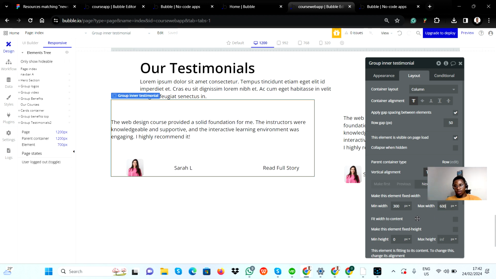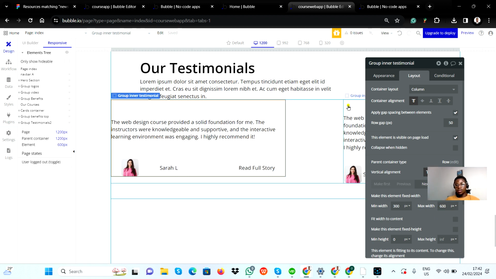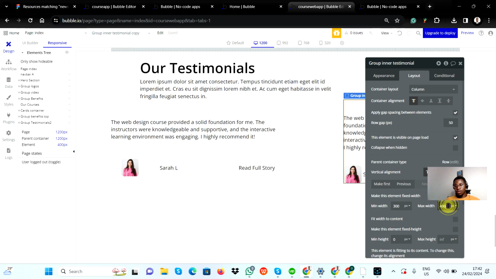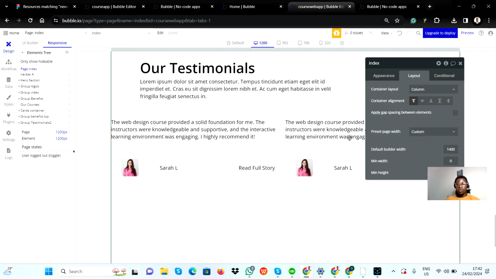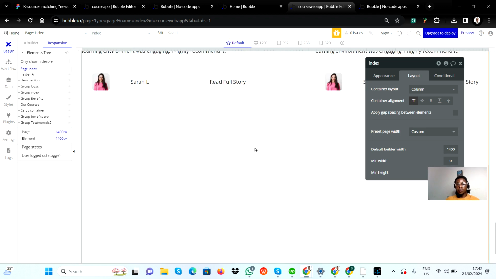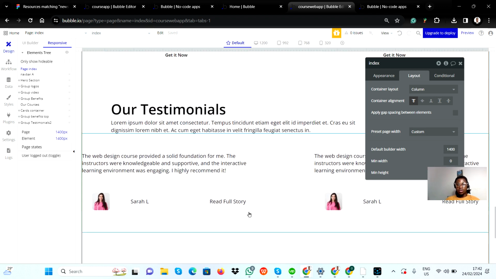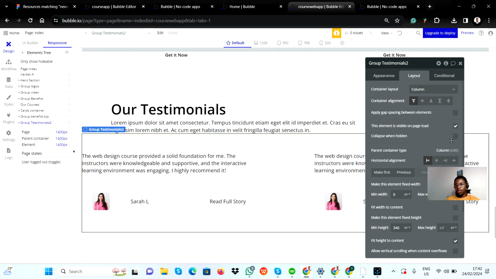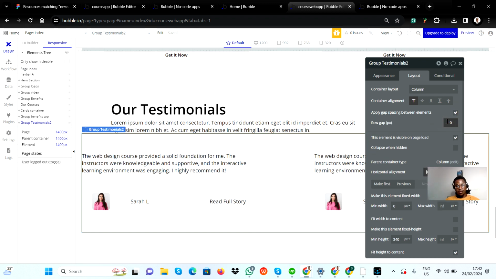Probably 600. Let's make it 600, and this as well 600. So that way we have it. And now we need to apply gap spacing inside the group that contains both of them. So let's apply gap spacing of, let's say, 50